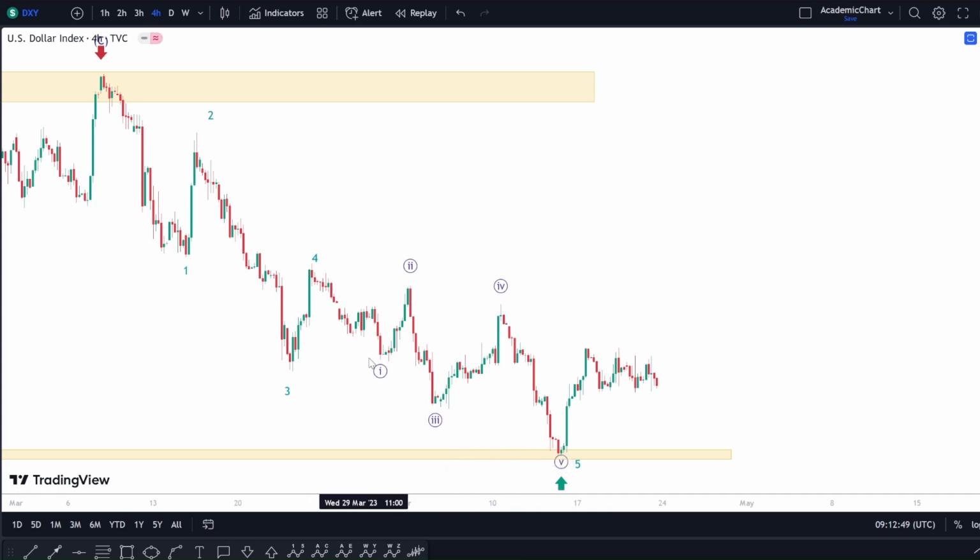We can see 1, 2, 3, 4, 5, where the fourth wave has finished its momentum between 1 and 2, which is the common pattern of ending diagonals, and also each wave of this ending diagonal has an ABC form, ABC, ABC, and so on. So this has ended its momentum as the fifth wave of this impulsive wave downtrend